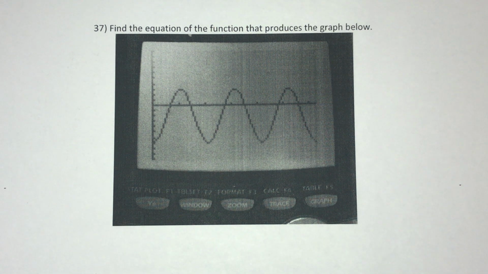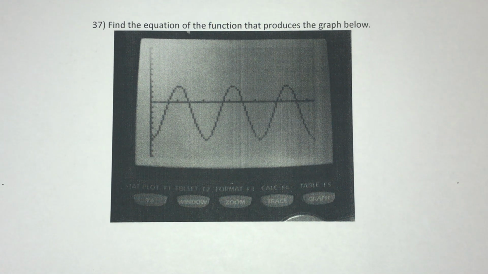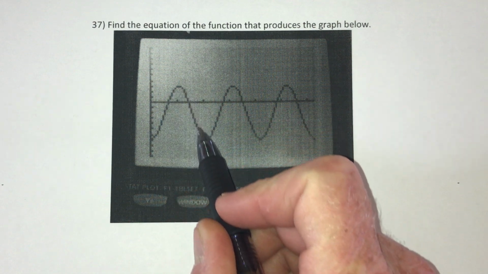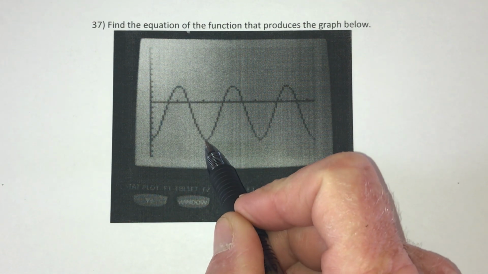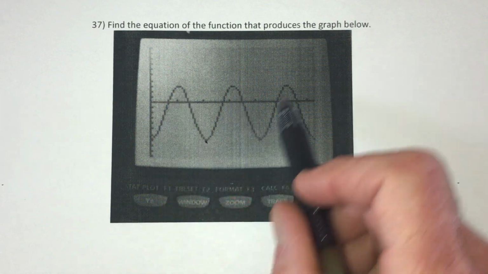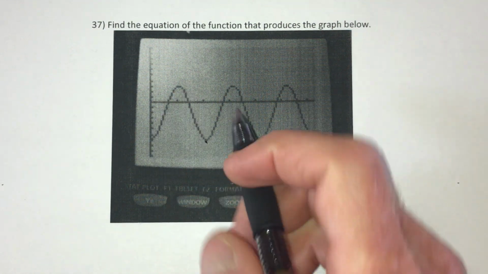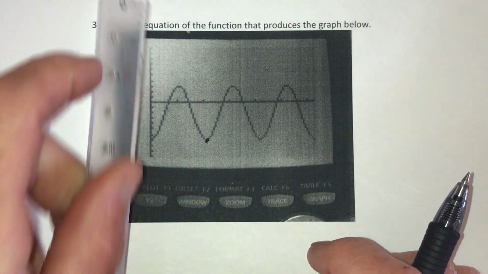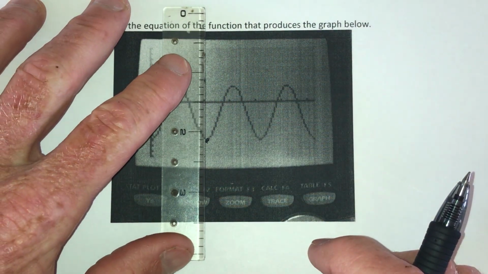So right now I'm zoomed in a little bit close so they can see this graph right here a little bit better. First of all, it starts at the bottom and then goes up, goes down. By the time it gets to right here, that's one cycle. So I don't need the whole thing. I just need one cycle, which goes to right here. And then if you get a little straight edge